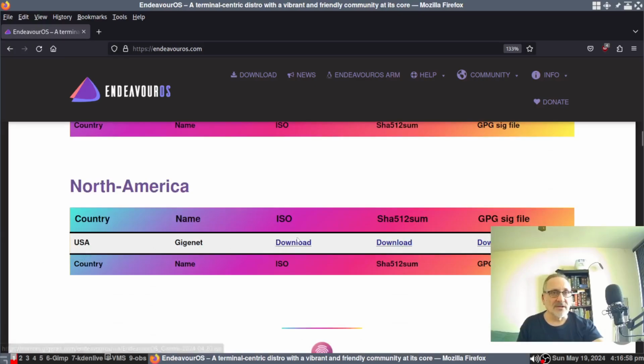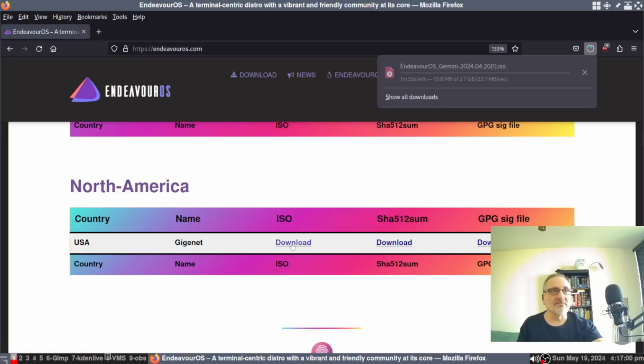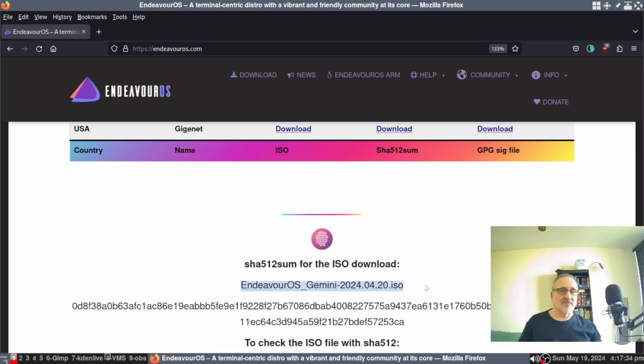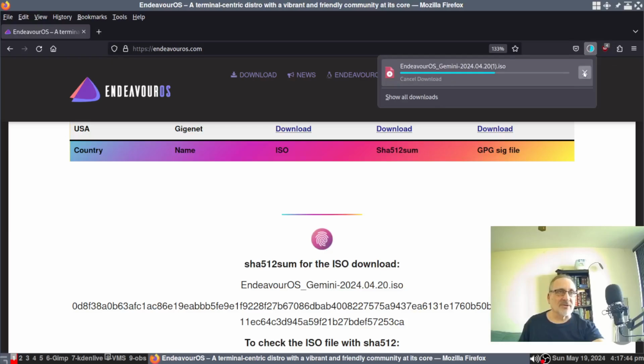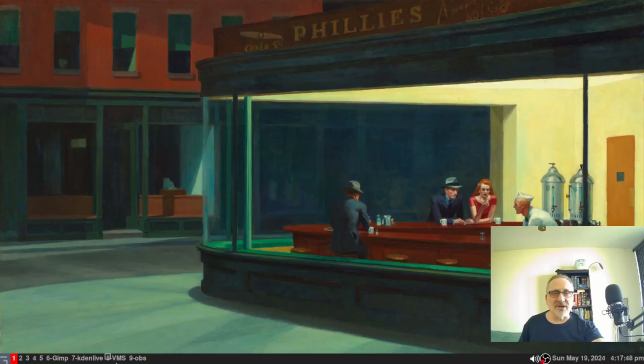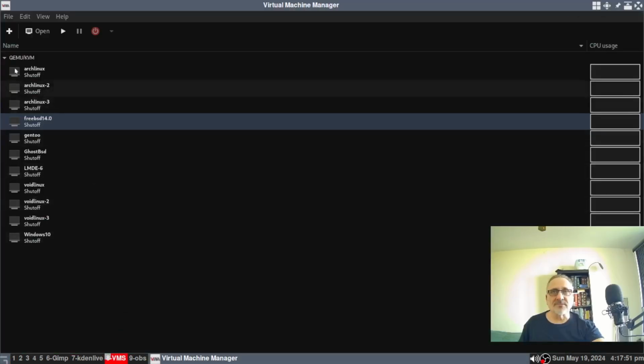So I click on download, and it's going to download the ISO. So it tells you right here, Endeavour OS Gemini was released April 20th, 2024. So I'm going to close my web browser. I'm going to stop this download because you know what? I already downloaded it. And I'm going to close my web browser, and I'm going to open up Boxes Manager,